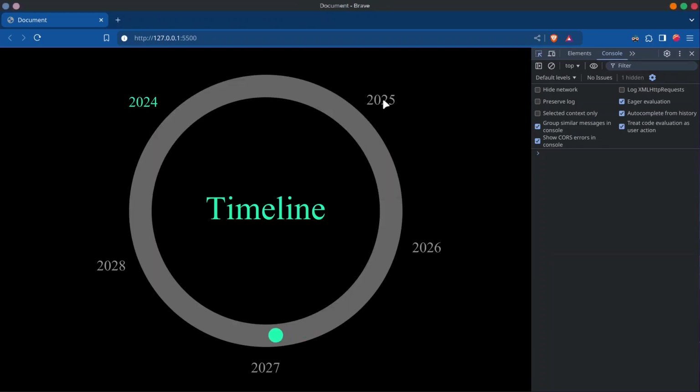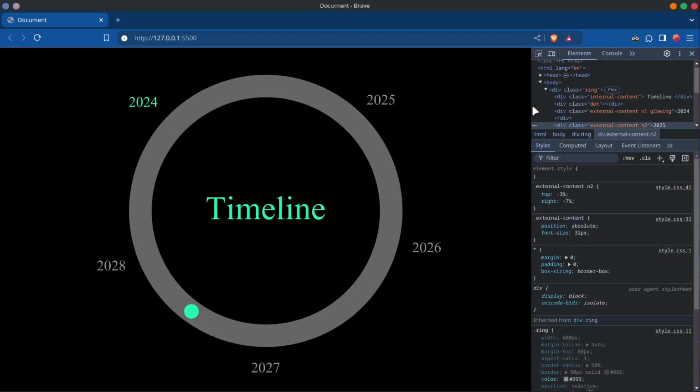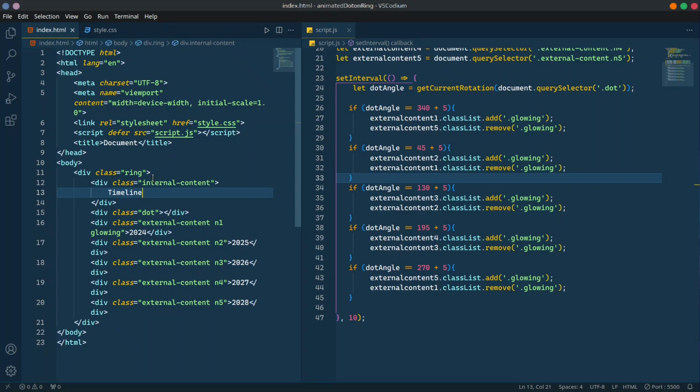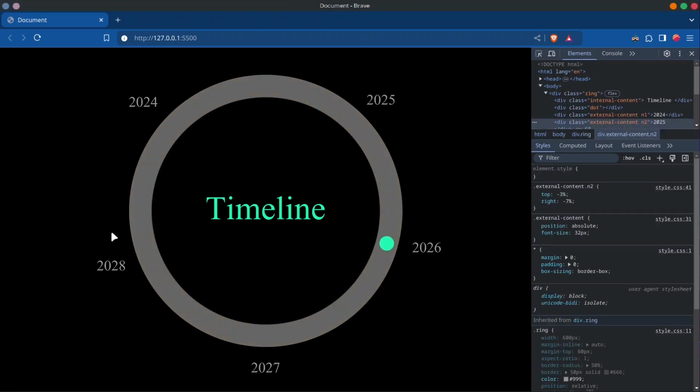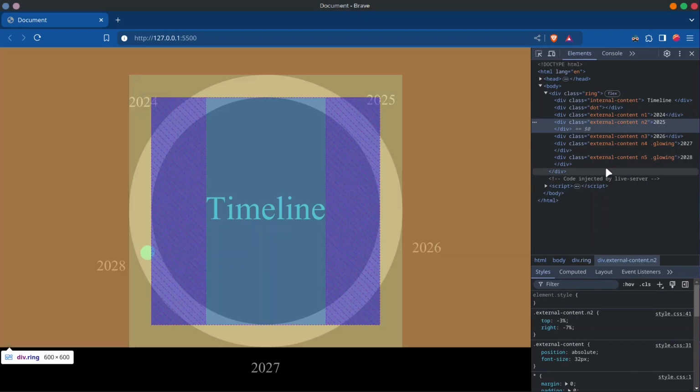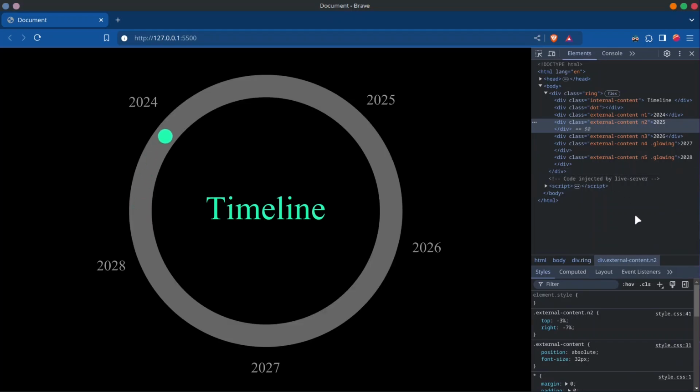So let's see if it works and our elements change color or not. Let's see if the JavaScript is adding the classes or not. Since our first content already has the glowing class, maybe it is causing some trouble here. So let's remove that, and now let's see. Our glowing class is being added by the JavaScript, but it is not working due to some CSS bug.